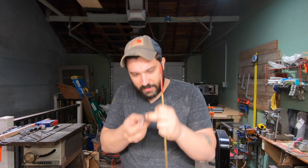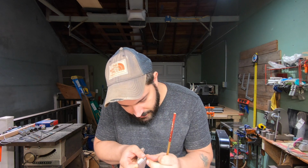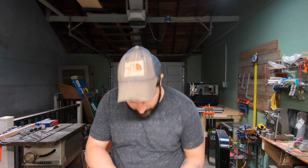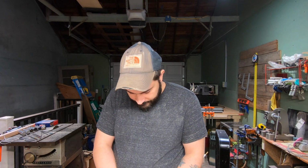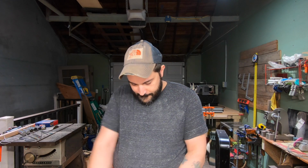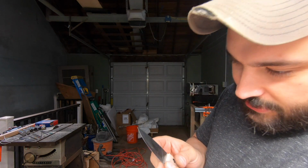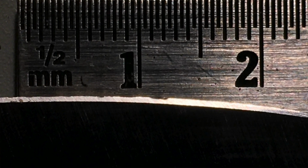Getting some chipping at the back end here. I can see it visibly. We got some rolls in the front. So, I mean, we're getting some deformation in the edge on brass, and I pretty much knew that was going to happen. And I'll get a zoom shot of all this stuff, but